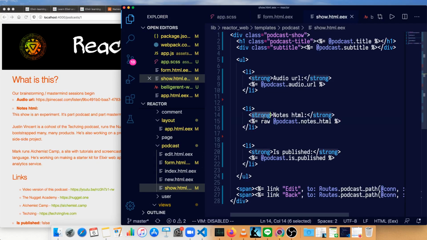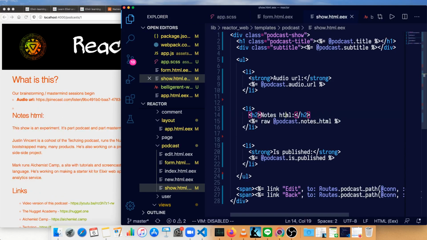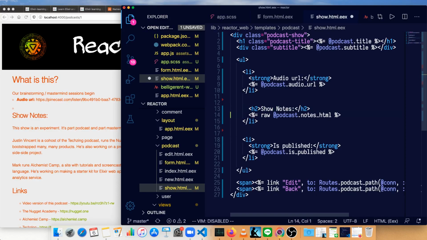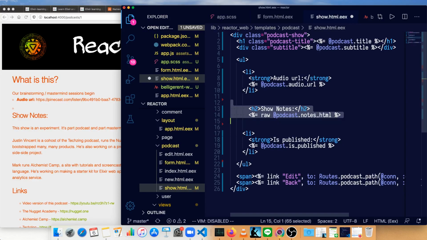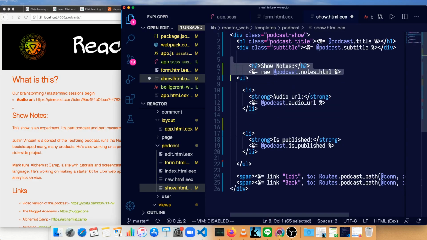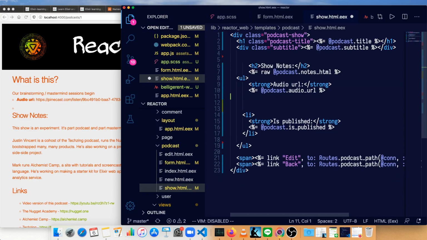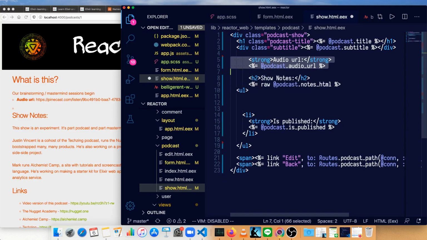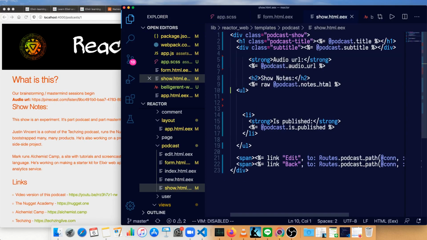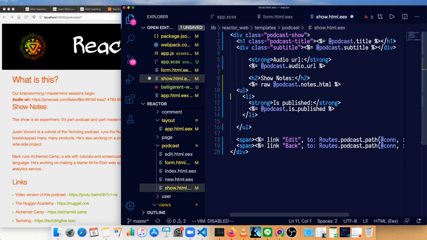Now instead of this being a strong, let's make that an H2. And instead of notes.html, we'll just say show notes. And this shouldn't be a list at all. We'll put this up to the top of everything that's left. Actually, we'll pull the audio URL up as well. That's not part of the list. All right. Now we'll get rid of some spaces there, and let's get those tabbed back to where they should